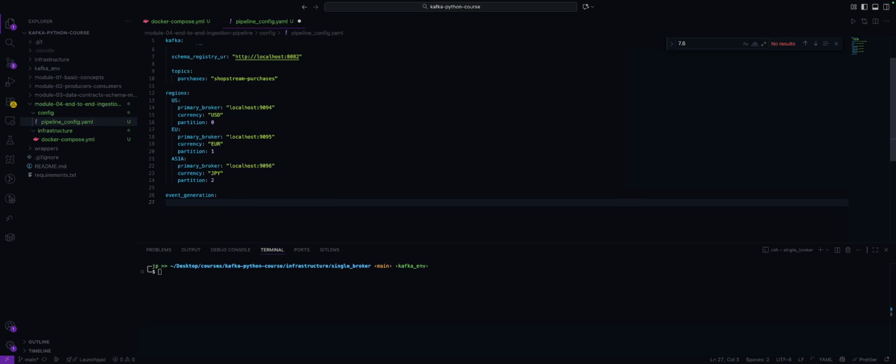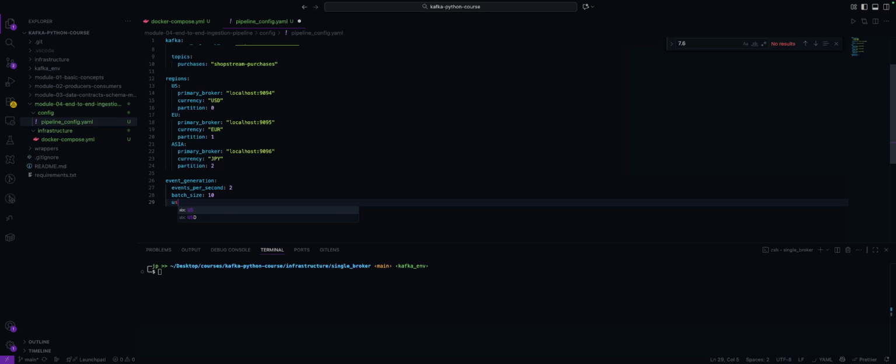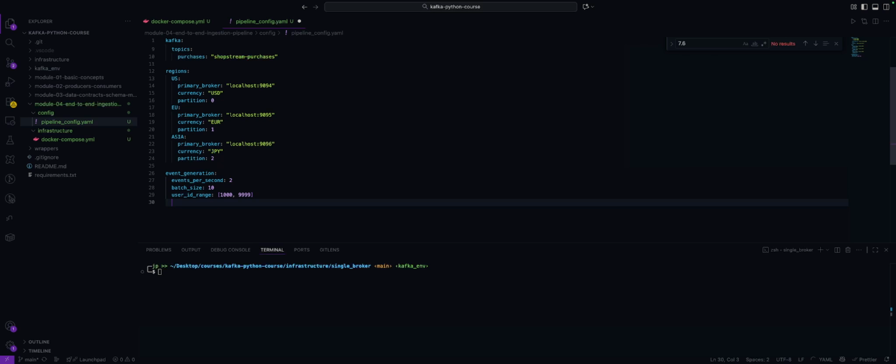There we can define the events per second. We want to use 2. Batch size of these events, 10. The user ID range that we're going to generate in our code, let's give this, and the amount range we're going to automatically generate,